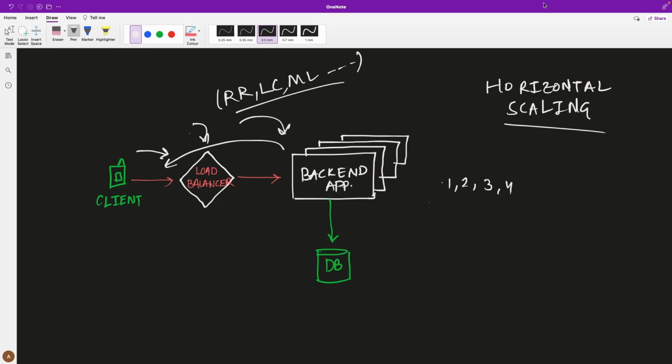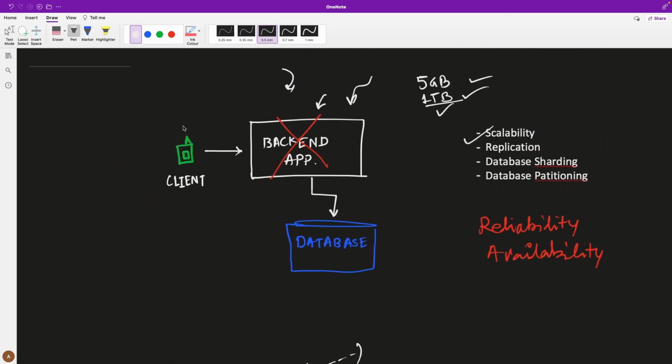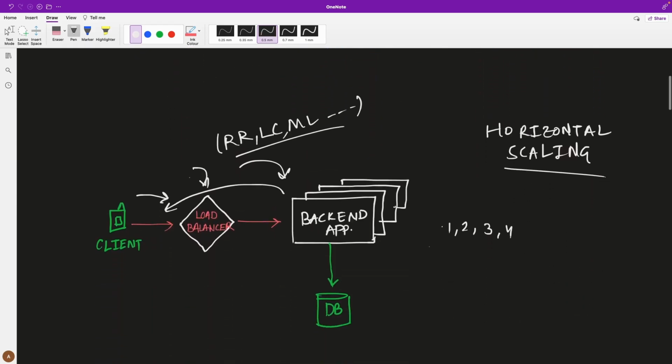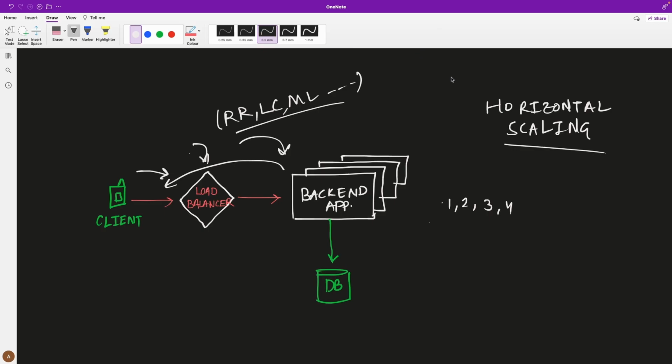When we are scaling our application, we have to identify the bottlenecks in the request flow. In our case, the request was flowing from the client to our backend application, and the backend application was requesting some data from the database. So the request flow involved these components, the backend application and the database. Initially we identified the bottlenecks in the system. In our case, the bottleneck was the application server and our database.